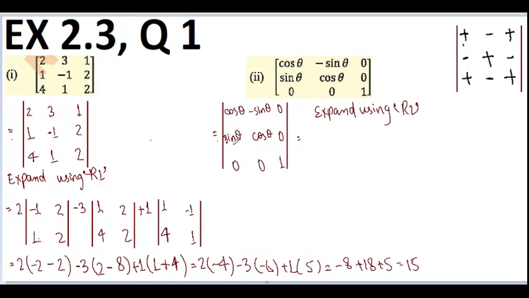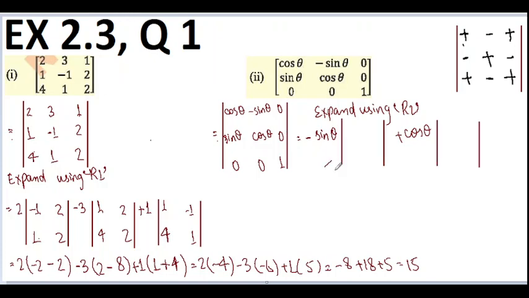Now what is row 2? Sine theta, cos theta and 0, and for row 2 we have the sign pattern of minus, plus and minus. So first would be minus negative sine theta with the determinant, and then positive cos theta with a determinant, and then this 0. Whenever this 0 is multiplied with any determinant, it makes that determinant 0. So we are not going to write it. It's the easiest part because of 0.